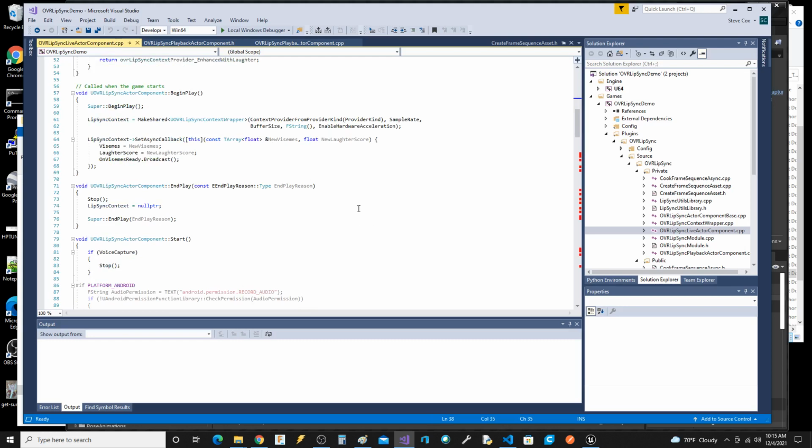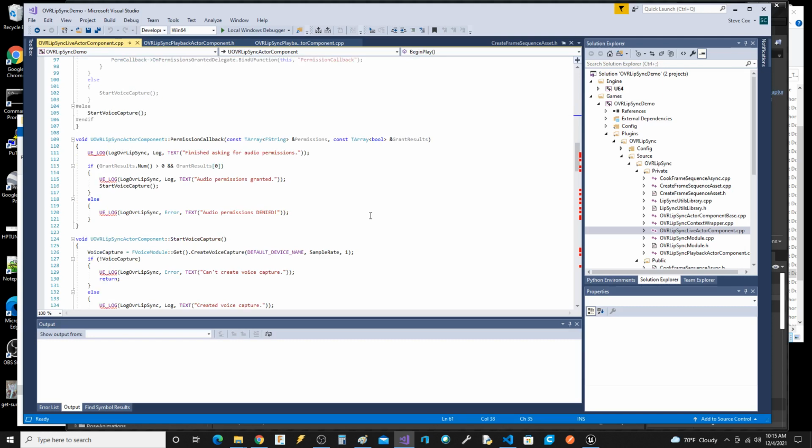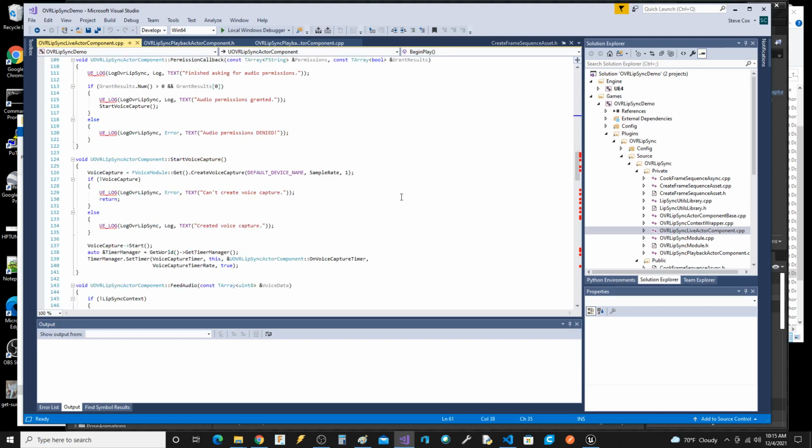So I went from 426 to 427, which is what you have to do for the Fractured Fantasy stuff, and the lip sync stopped working. But this code right here, don't care about Android. Don't care about permissions callback.